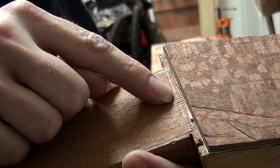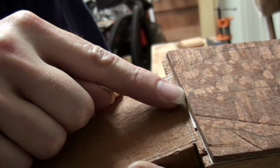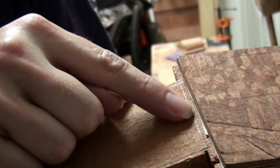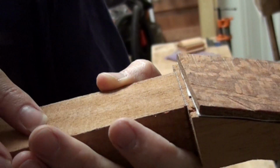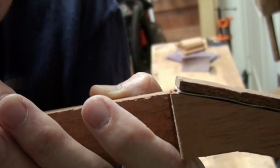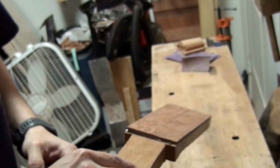Well, I need some room for the nut. So the line over there is where I want to cut to get the nut in this space. And I also know that that area right there is not particularly straight. So I'm going to put,